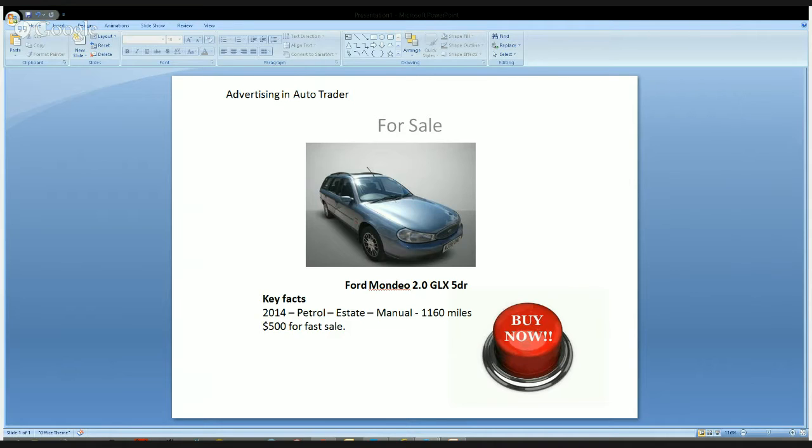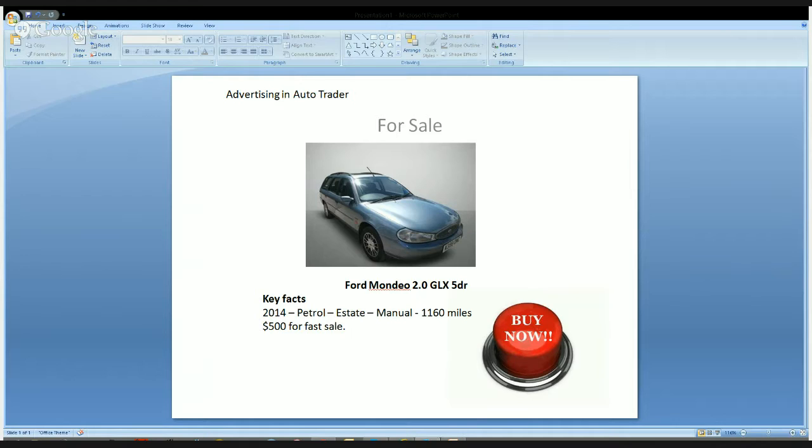Because you might have a lot of other cars. You might be a dealer. You might have cars all over the place. So whatever it is you're selling, it doesn't matter whether it's the perfect potion or whatever, the advert is just there to get that person to a page where you can start a sales process.